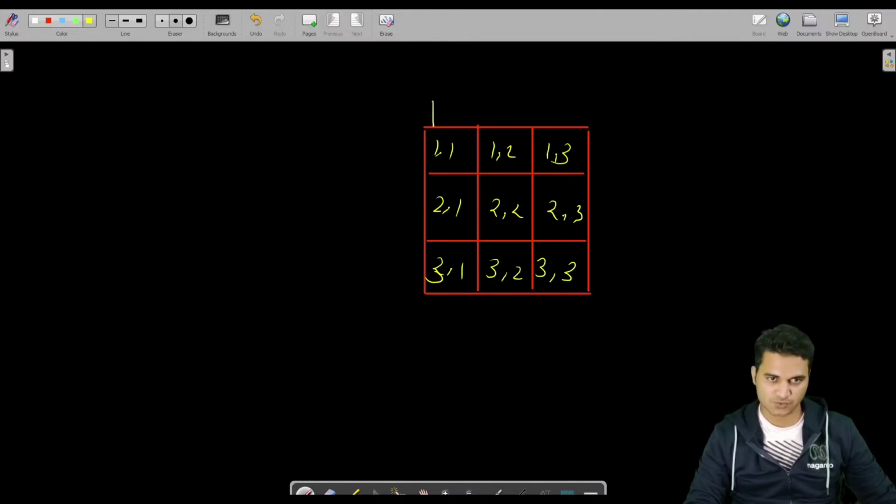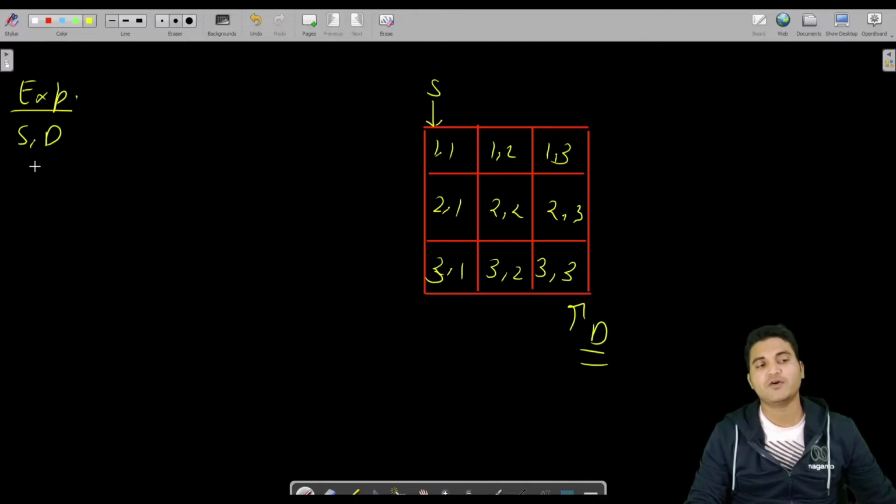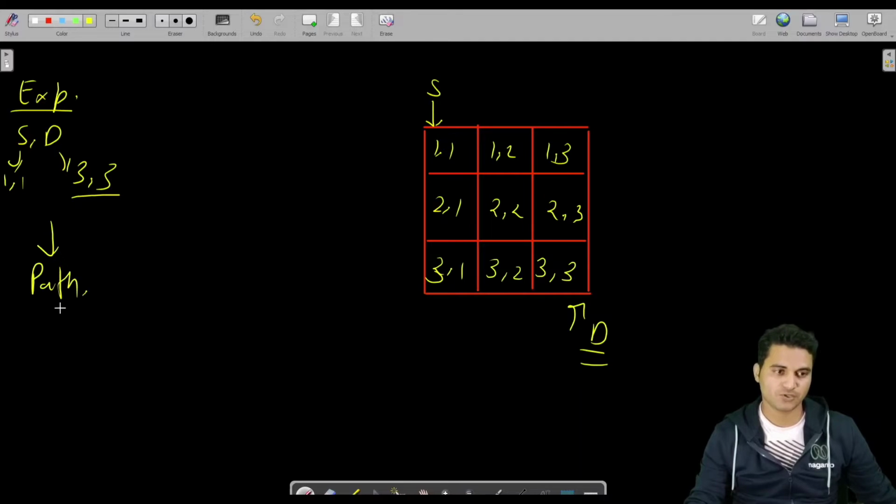This is our source, this is our destination. Our expectation is, I will provide you source and destination, and you will print all the paths. Source is 1,1, destination is 3,3. You will print all the paths from source to destination.